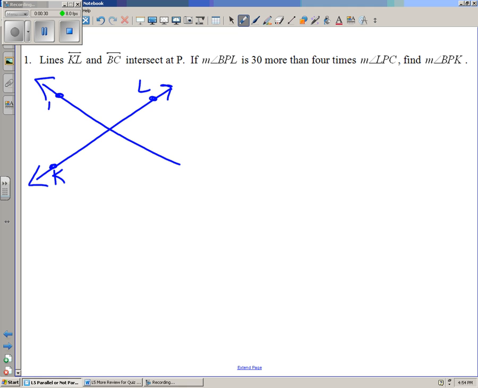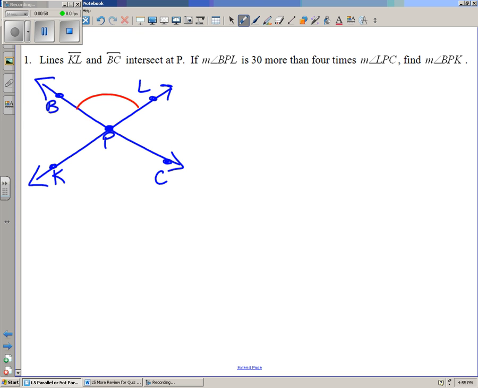And we'll label the other one B, and we'll label a point C. And the lines have to intersect at P. So we'll label the intersection point P. Then the problem goes on to tell us if the measure of angle BPL, which I will put one swoosh on right here, is 30 more than 4 times the measure of angle LPC,